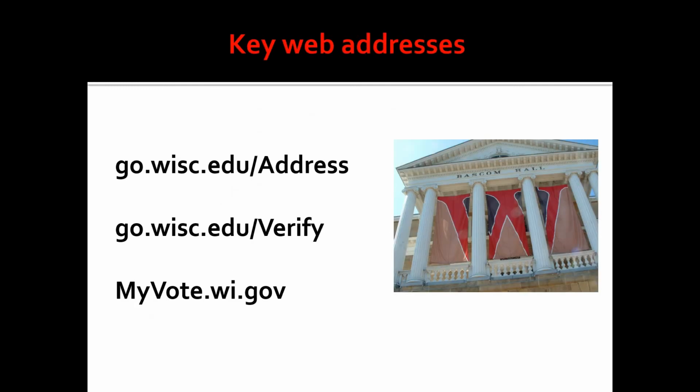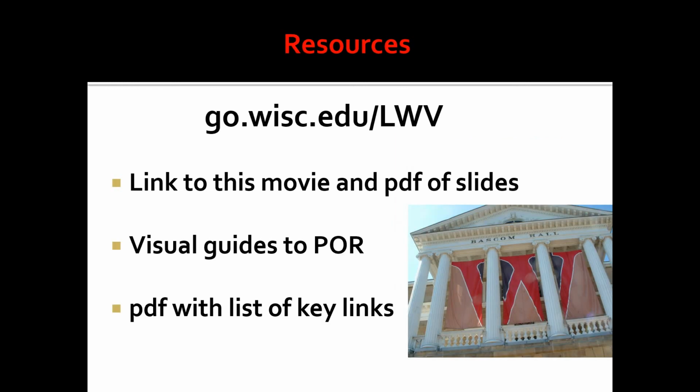Let's wrap up. Here are some key web addresses. go.wisc.edu/address for POR. go.wisc.edu/verify for POE. myvote.wi.gov, where you can use the address button to check that an address is in Madison. The website of the League of Women Voters of Dane County has resources with this information about UW students. A shortcut is